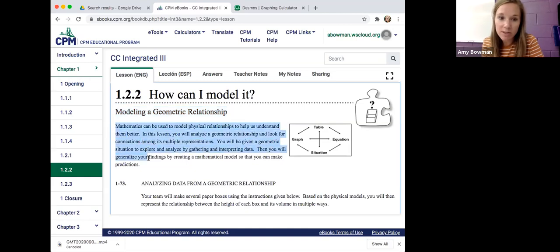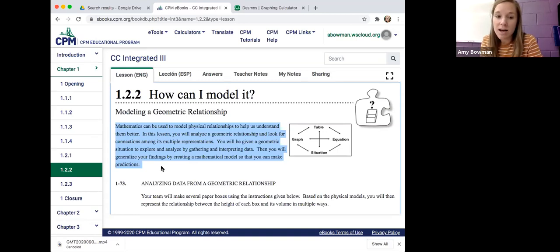So I'm going to read through this intro here. Mathematics can be used to model physical relationships to help us understand them better. In this lesson, you will analyze a geometric relationship and look for connections among its multiple representations. You'll be given a geometric situation to explore and analyze by gathering and interpreting data. I will be giving the data for you. Then you'll generalize your findings by creating a mathematical model so that you can make predictions. So mathematical models are basically equations that represent something that's real,